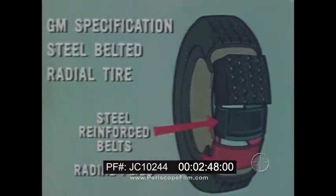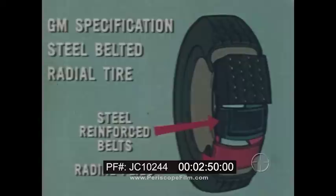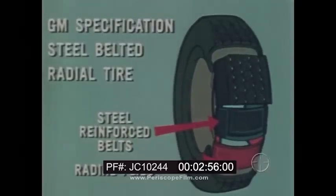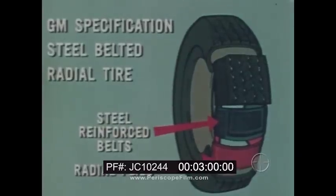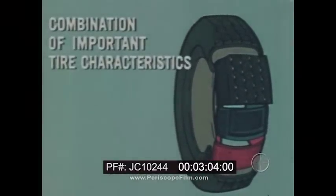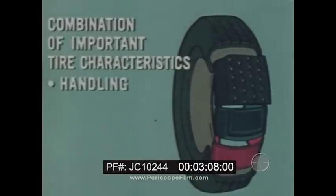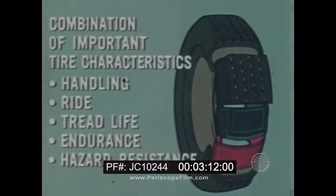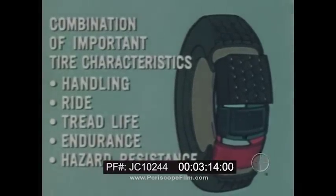The superior highway wagon ride begins here with GM specification steel-belted radial tires, a prime component in a radial handling package that you can recommend to your wagon prospects for the first time this year. Tell your prospects that GM specification steel-belted radial tires provide a desirable combination of important tire characteristics. These characteristics include handling, ride, tread life, endurance, and hazard resistance, as well as significant improvements in traction on wet